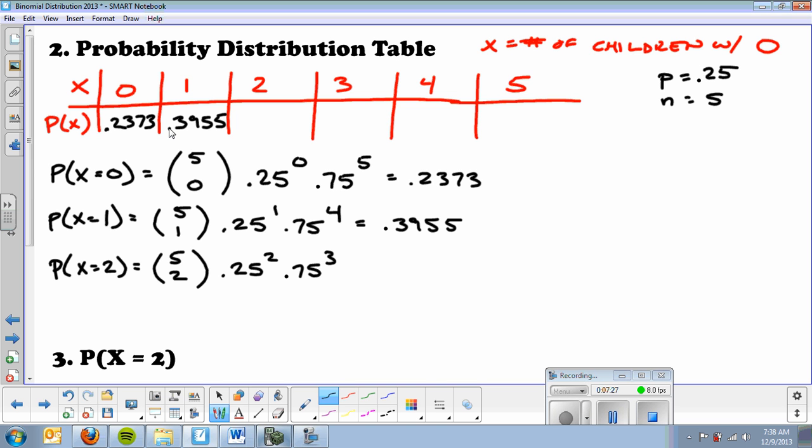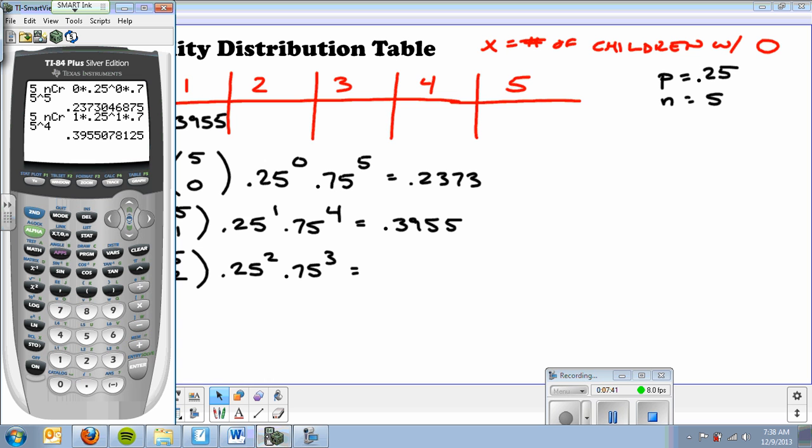So again, 5 minus 2 would be 3 left over. Notice that the 2 exponents always add up to the total n. These 2 exponents here. Okay? And I'm going to type this into my calculator. And again, I'm going to use the second enter trick. And I'm going to go up, and I'm going to change this to 2. And 0.25 to the second. And 0.75 to the, we said third. Hit enter, and there's the probability of having 2 children with type O blood,